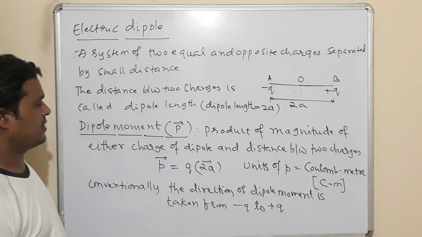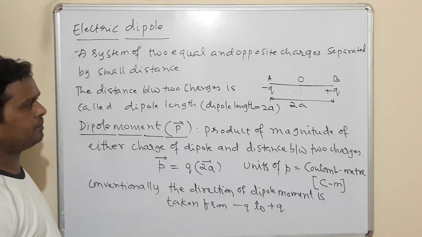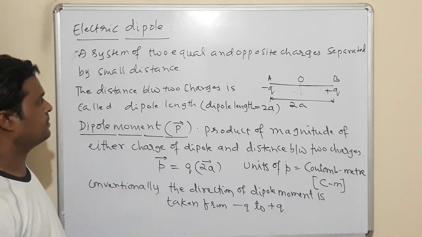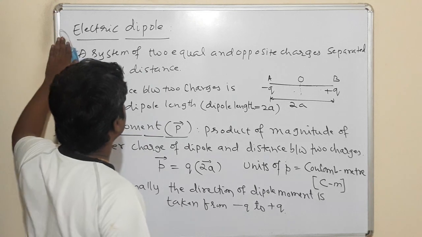Okay, what is dipole moment and what is its direction? Length of the dipole is 2a. Okay, then